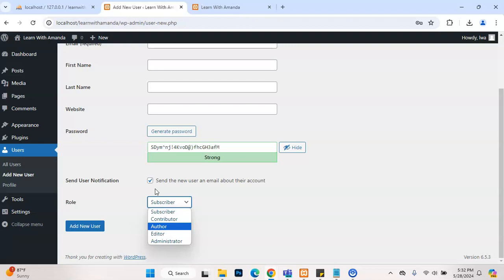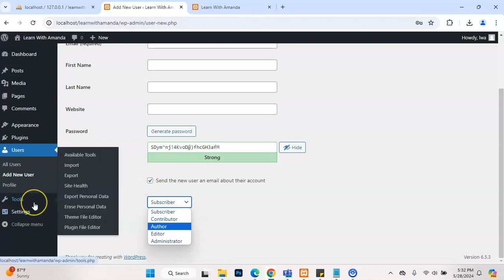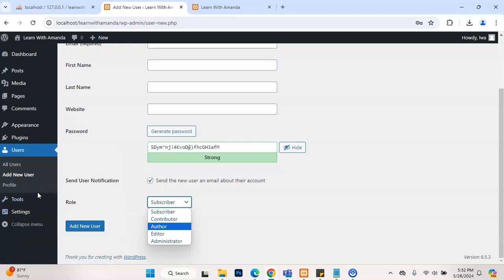Now let's go to the tools. In tools, you will find various utilities like import, export, and then the site health. Sometimes you want to check